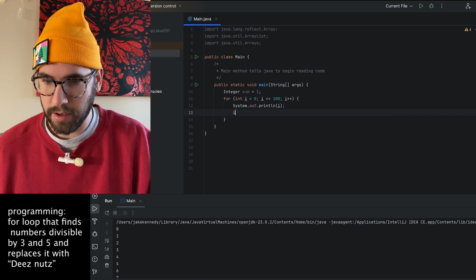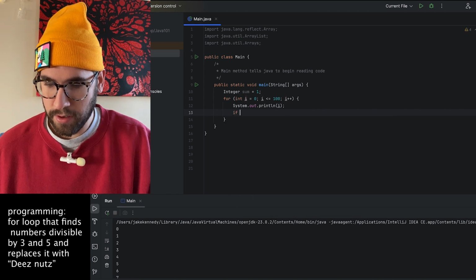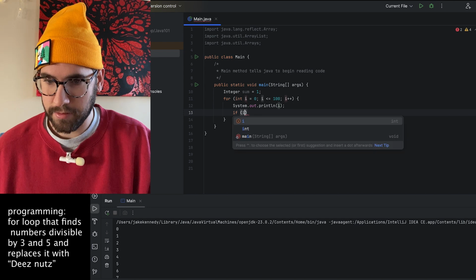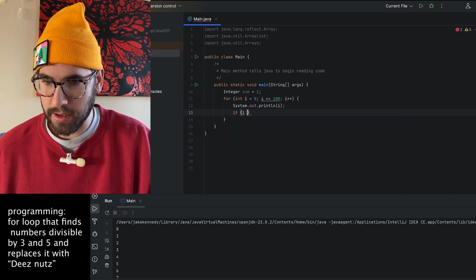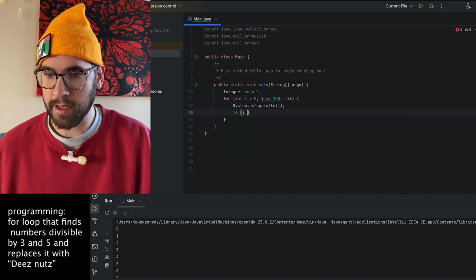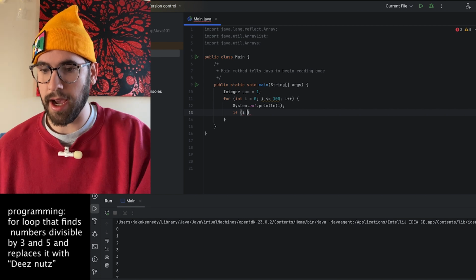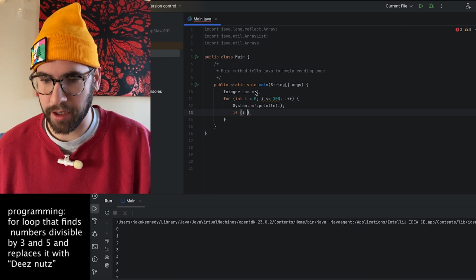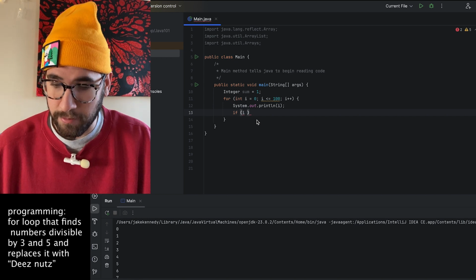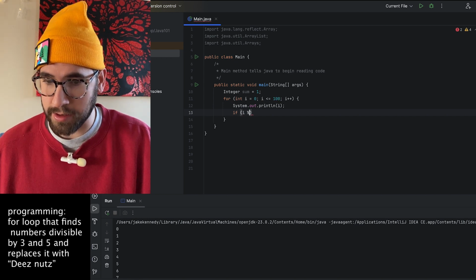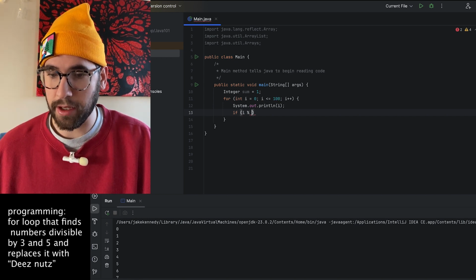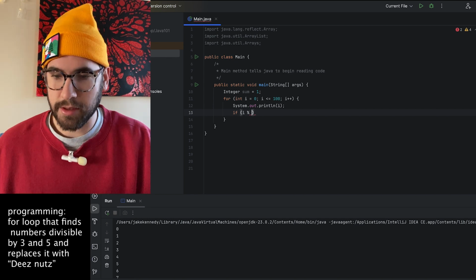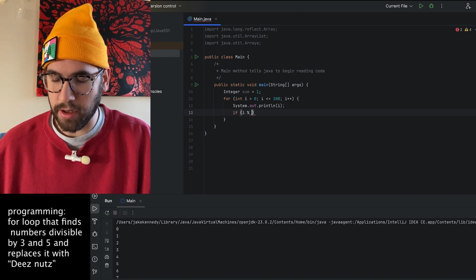Okay. If, parentheses, I. And I is the index, so this is what is being counted in the list. I is going to change with this for loop. If I modulo, this is basically division, but with a remainder. So if I modulo